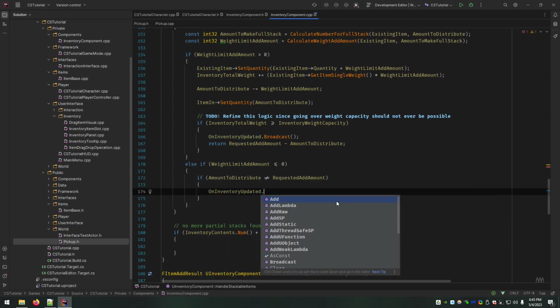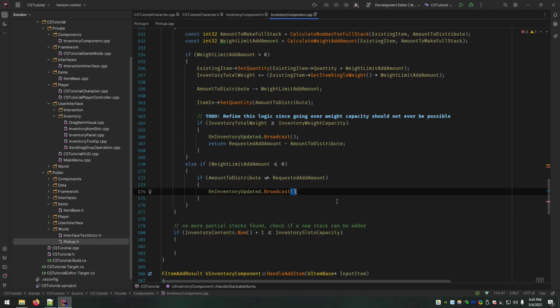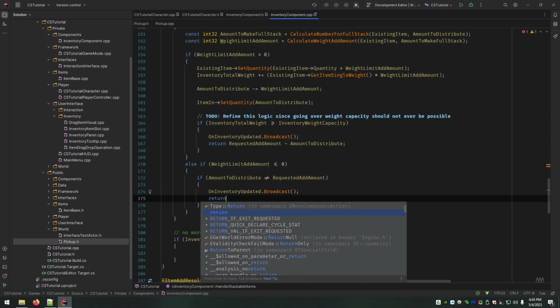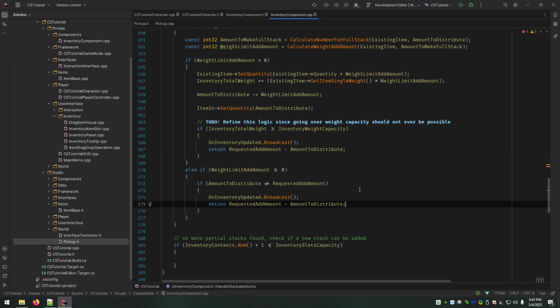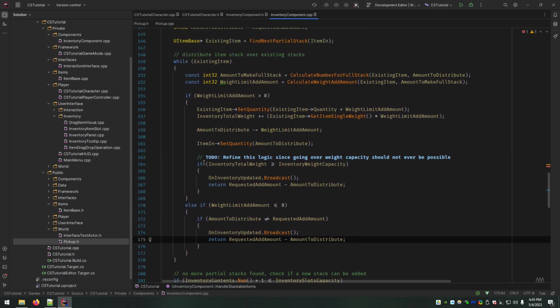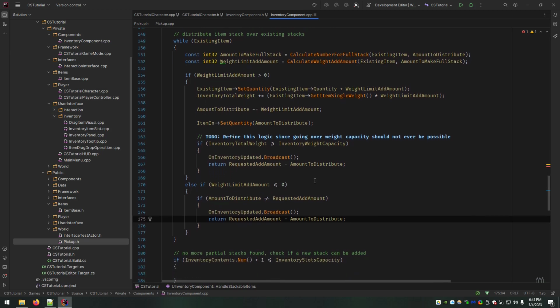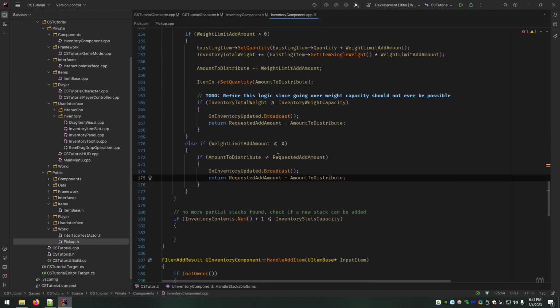We go ahead and call broadcast and return the same thing right here, because it's very similar. Rather than this happening during the process of adding, it happened when we came back around and tried to add some more to another partial stack.